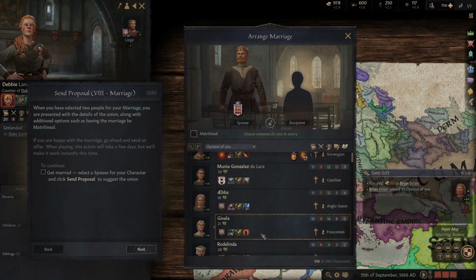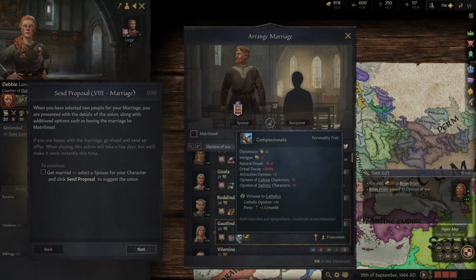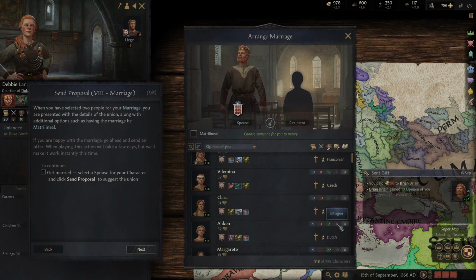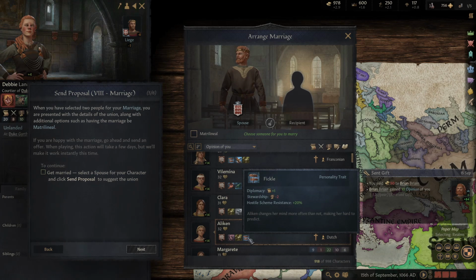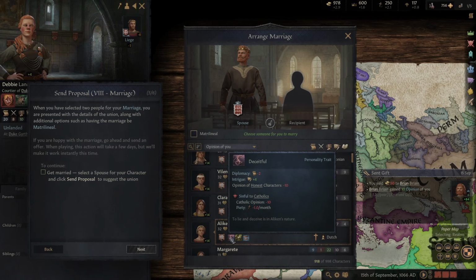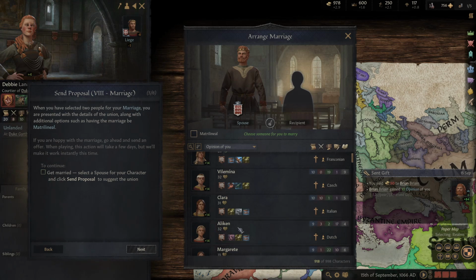We're gonna find someone decent. A lot of temperate characters, it seems. Compassionate. Does not like dread, or does not increase dread. Attractive, virtuous to Catholic. Fickle. Ooh, 17 intrigue. She's 32. Hostile scheme resistance. Nice. Temperate as well. Deceitful. Good for intrigue. I mean, we're not honest. Sinful to Catholic. I mean, these will balance, I believe. Deceitful and temperate. 32. Just a little old, but...